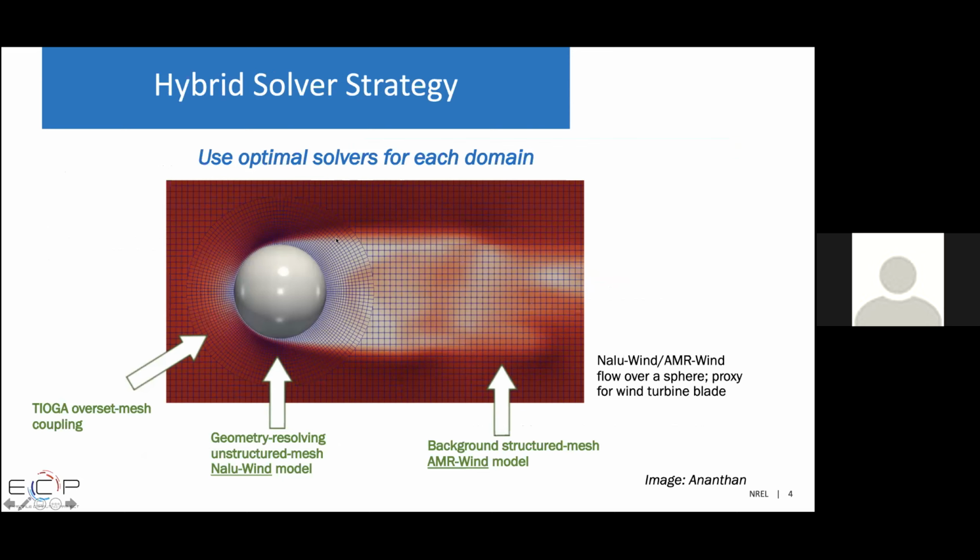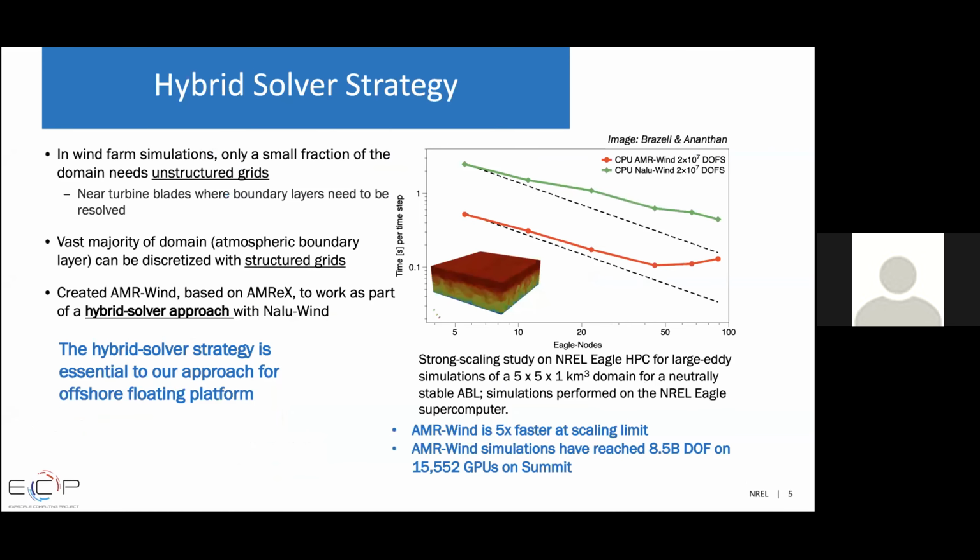And then there's a coupling that happens through another third-party library called Tioga. So we do overset meshing. So you really cut a hole out in the domain and then place the other simulation within it. So then you can see AMR wind is actually the block structured background solver, basically we call it in our modeling environment. So we do this hybrid solver strategy